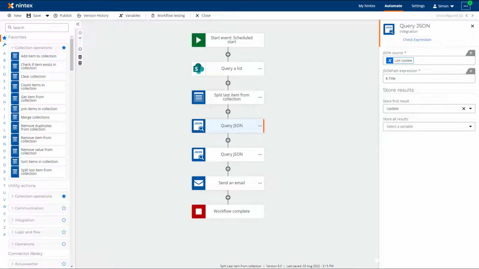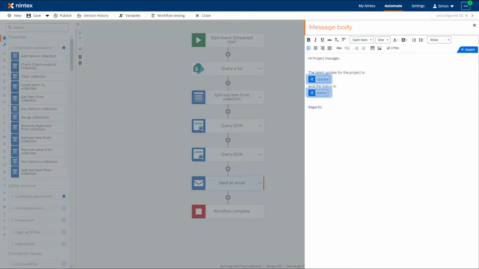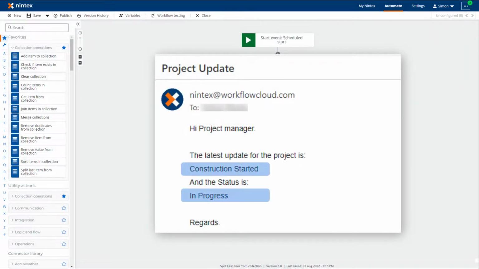The output for each item from the query list is in JSON format, so I will use 2 query JSON actions to retrieve the update and the status from the JSON string. I will now use the output of the JSON actions in the body of the email to advise the project manager of the current update and status of the project. When the workflow runs, you can see that the current update and status from the SharePoint online list was sent